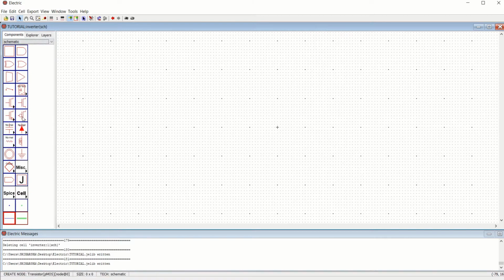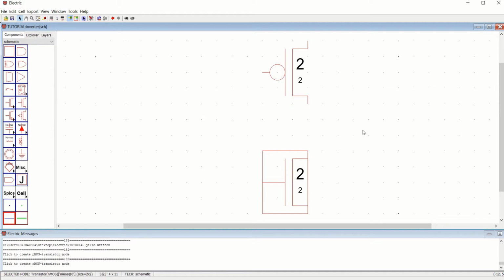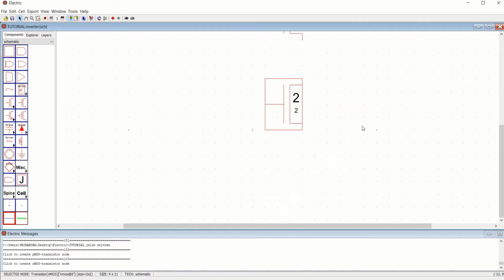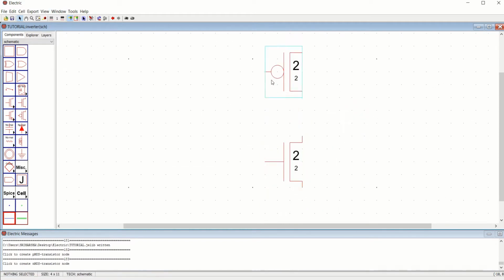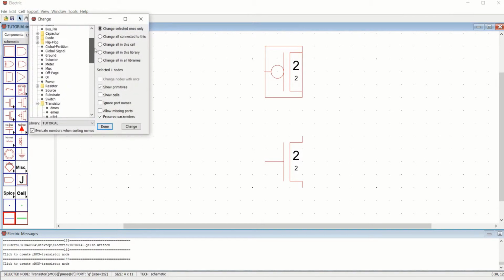Now try to place the PMOS and NMOS by pick and place. To zoom, go to the window, fill window. Since it is a 4-terminal device, select the transistor, go to edit, change, and 4-port transistors.